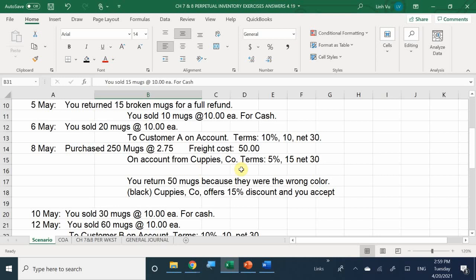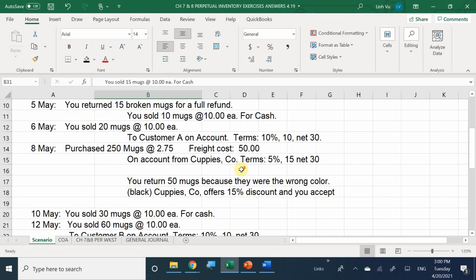We didn't return the mugs, but we got a discount. So in this case, we need to recognize what that discount was for. But once again, we're paying on the 30th. Did we make the discount period? No. Once again, we missed it. So this one, we just need to calculate what the difference between them is to get our total amount